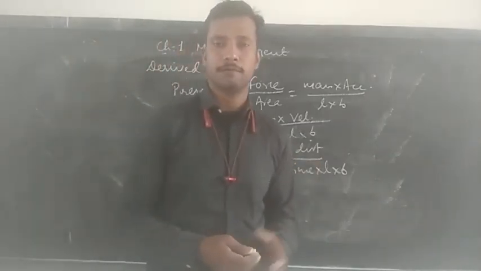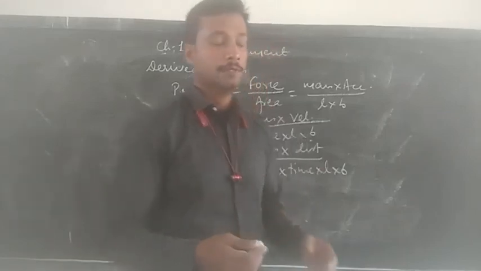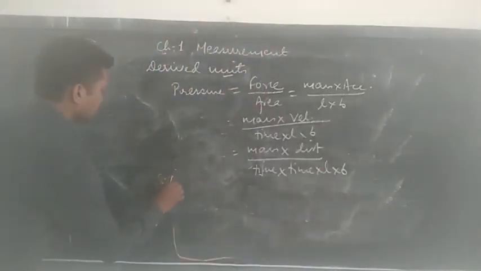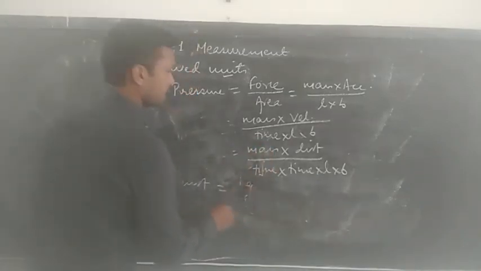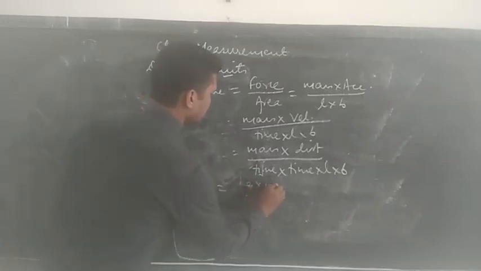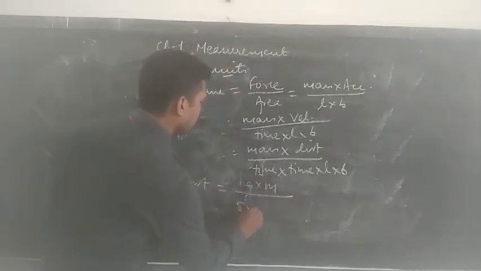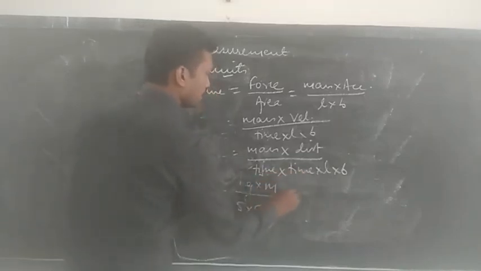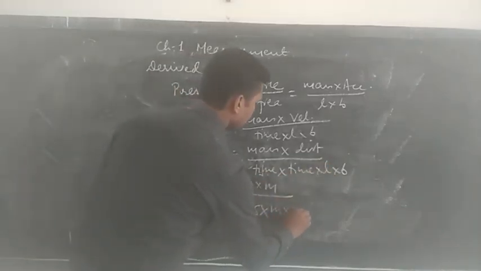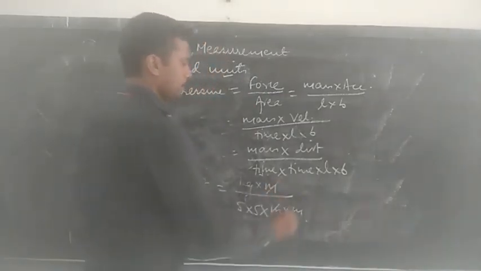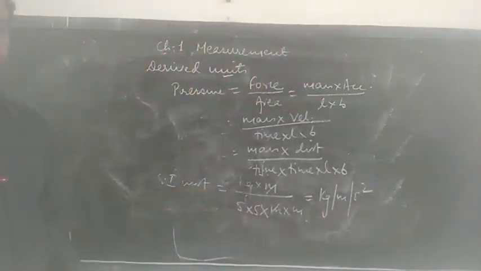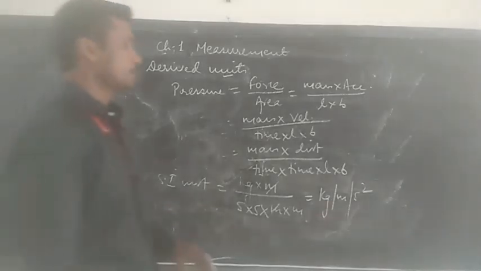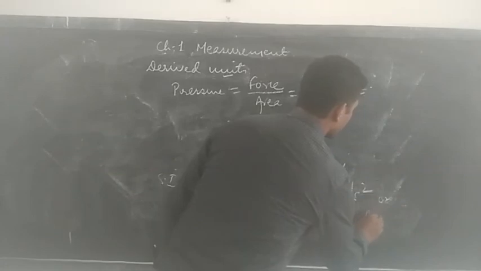The last step is to write their fundamental units. Please see, so we will get the SI unit, where the fundamental unit of mass is kg, distance is meter, time is second, and there are 2 seconds, and length is meter, breadth is also meter. Now this can be cancelled and written as kg per meter per second square. This is the SI unit of pressure, which is also called Newton per meter square.